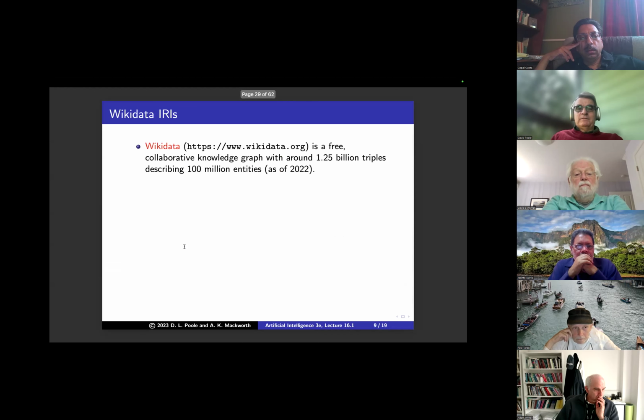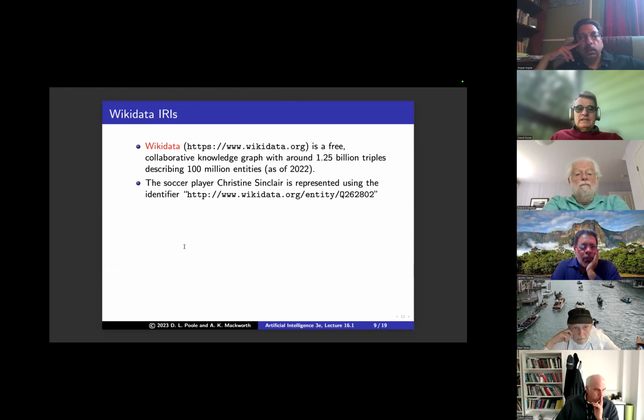All right. So here's an example of a knowledge graph that's basically a big set of triples. That's Wikidata, the free collaborative knowledge graph, with about 1.25 billion triples describing 100 million entities. I think it's now at 125 million entities described in there. So here's one example: Christine Sinclair, the soccer player, the football player who scored the most international goals of any football player, man or woman.